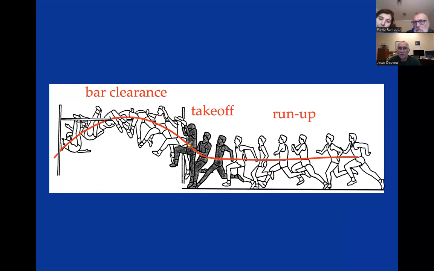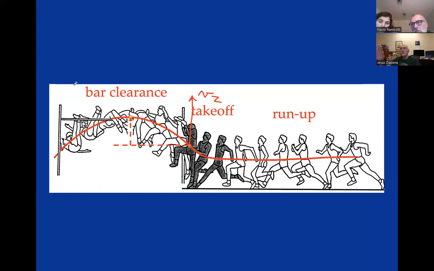And at that time, the athlete will have a leftover horizontal velocity. So the 7 or 8 meters per second now are maybe 4 meters per second of horizontal velocity. But the athlete also has produced a vertical velocity. And that vertical velocity is very important, because that vertical velocity of the center of mass determines how much height you're going to go beyond the takeoff point to the peak of the jump.